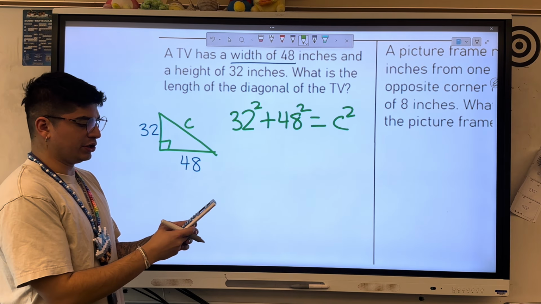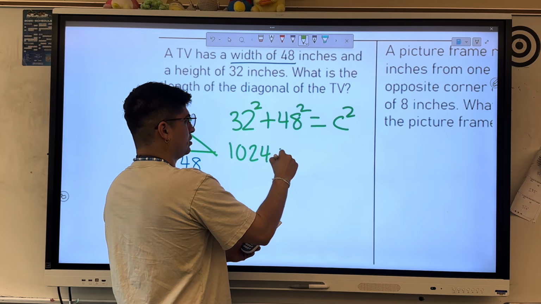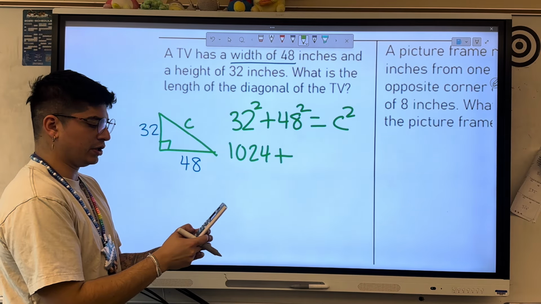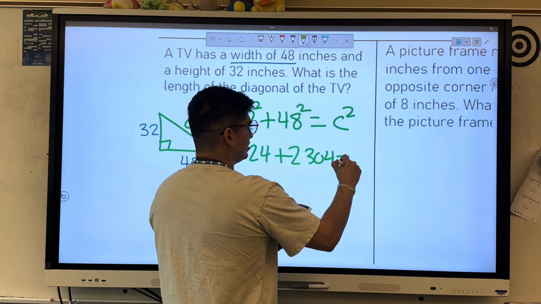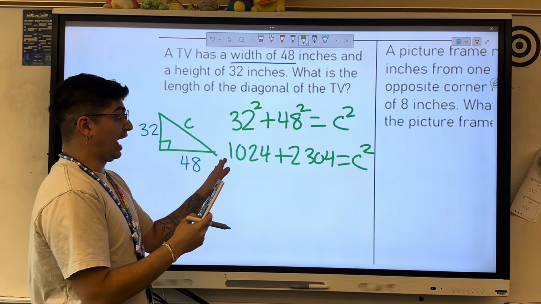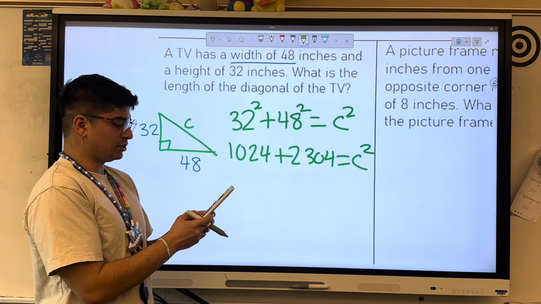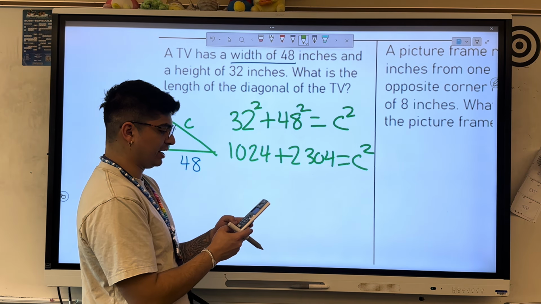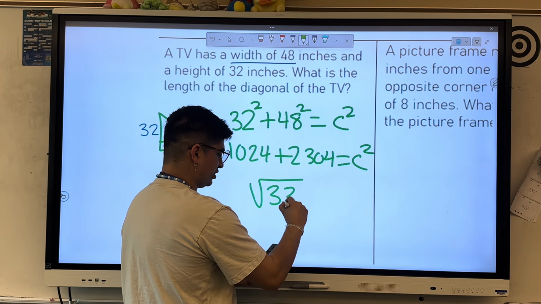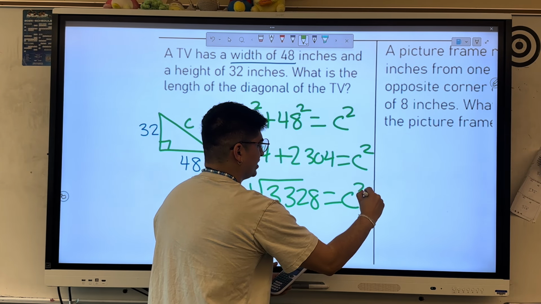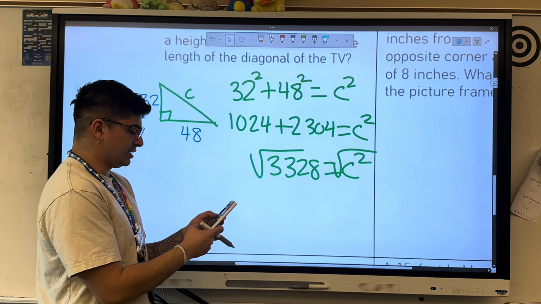So let's start doing this. 32 squared is 1,024 plus, what is 48 squared? 48 squared is 2,304, equal to C squared. So I'm going to add these two numbers together because my A and B should equal my C. So the sum is 3,328, and then I'm going to find the square root of 3,328, because again, I want what the C is, not my C squared. And that is going to end up being